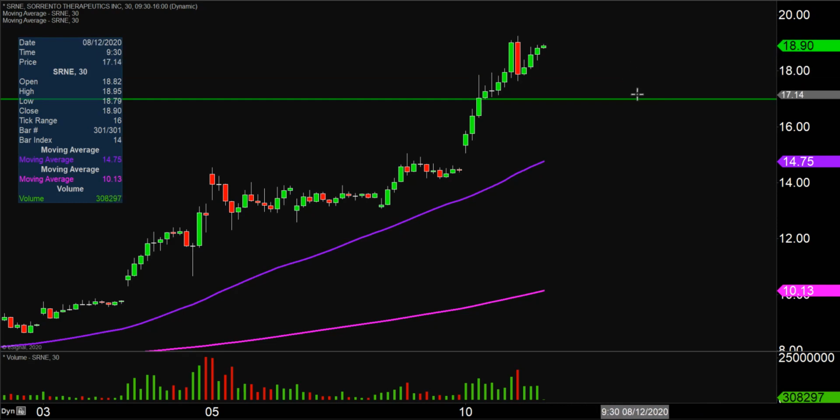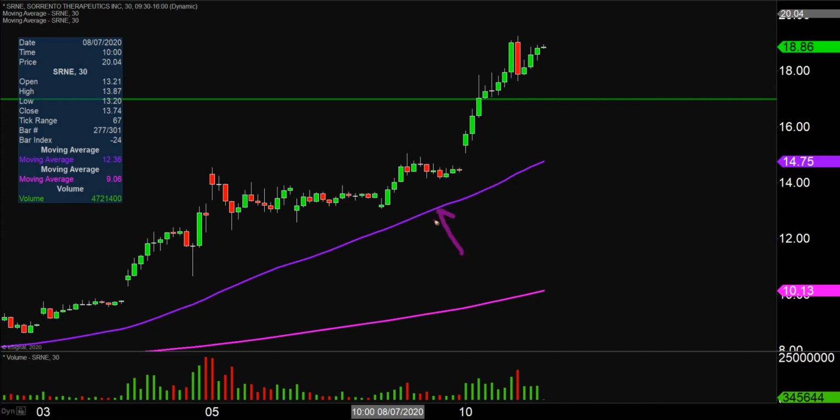Taking a step back and looking at everything from the bigger picture point of view, that is where the purple line there comes into play, the 50-period simple moving average. Keyword certainly being moving. I get it. This line's way down here. The price is way up there. But as the week plays out, that line will continue to move itself higher and higher and get more and more relevant, which is helpful because when it comes to just simply gauging the health of the overall move,